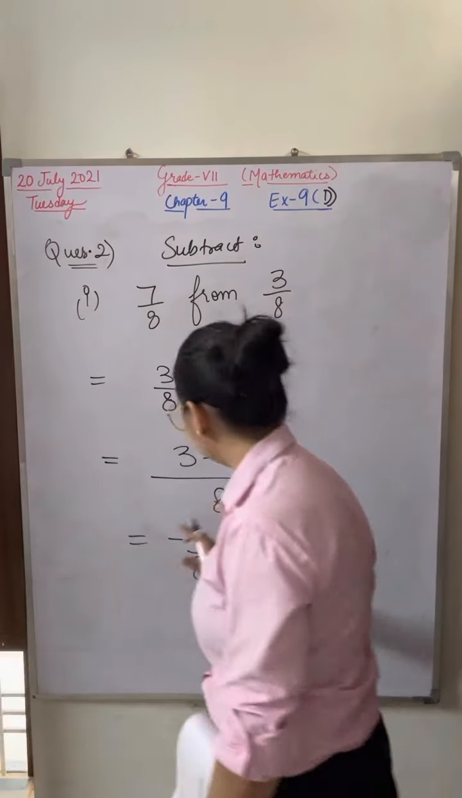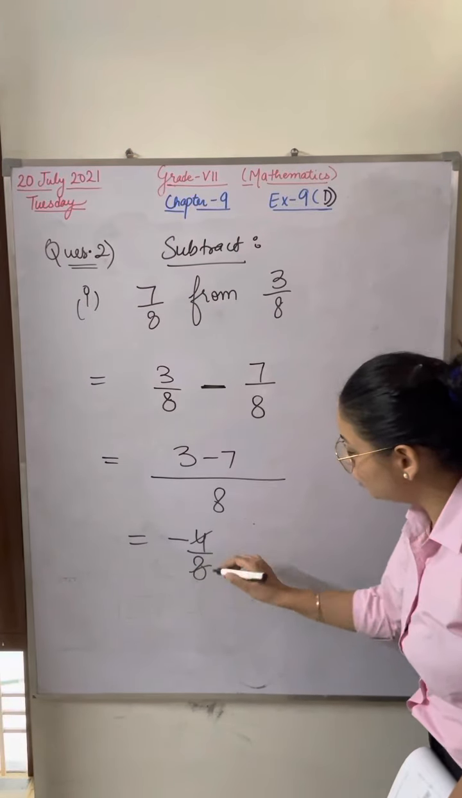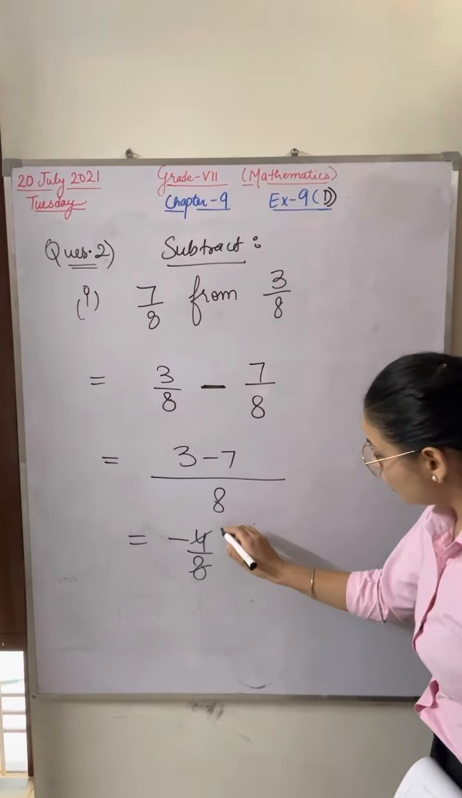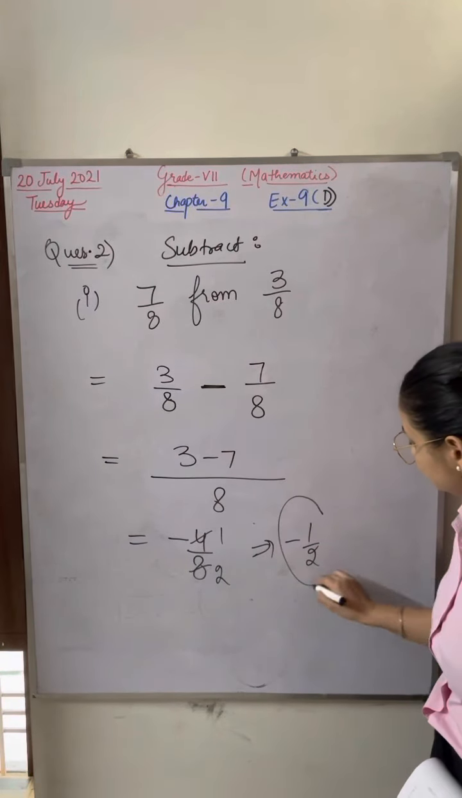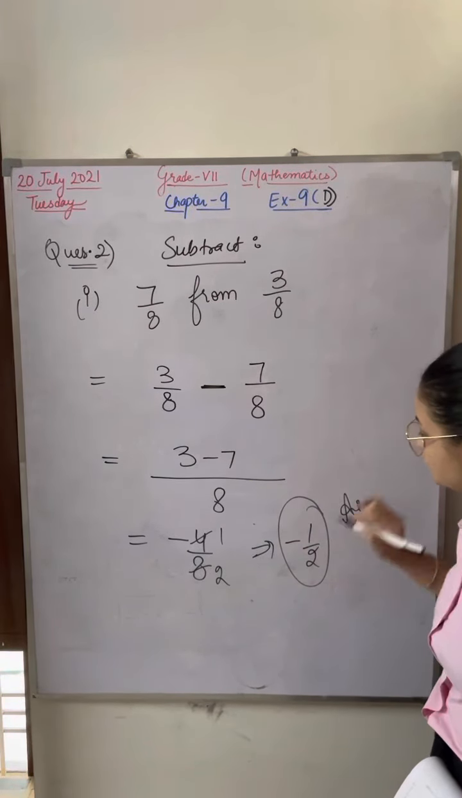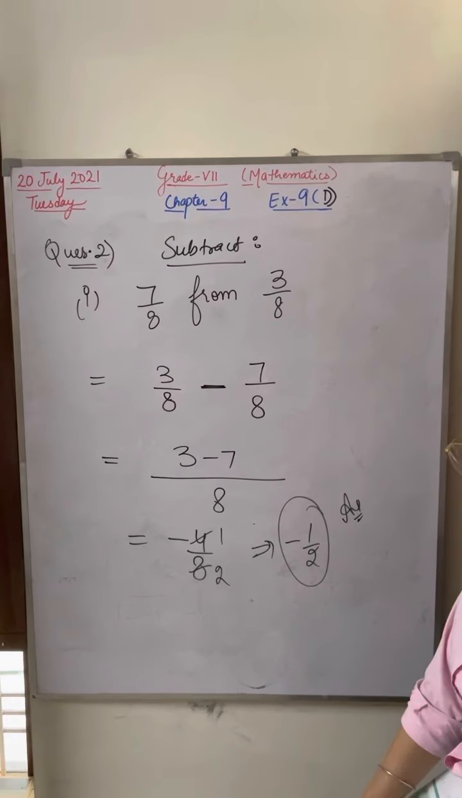And you can cancel further. If it is going in the table of 4 and 2, you can cancel. 4 ones are 4, 4 twos are 8. So your answer will be minus 1 by 2. This will be your answer. Minus 1 by 2. Any doubt in this question? Yes, Gurveer,